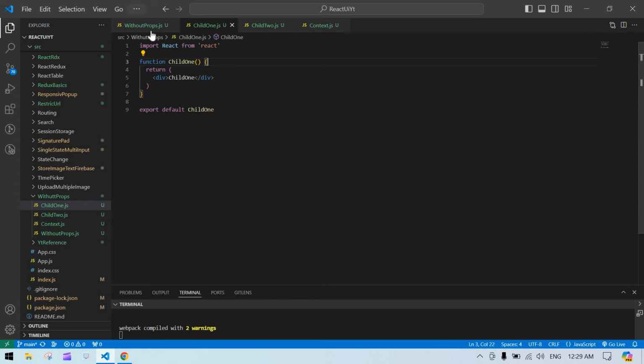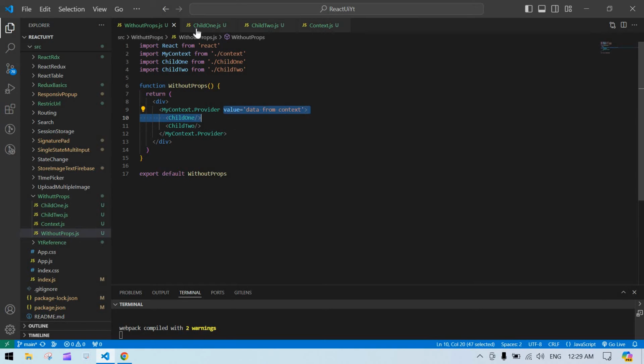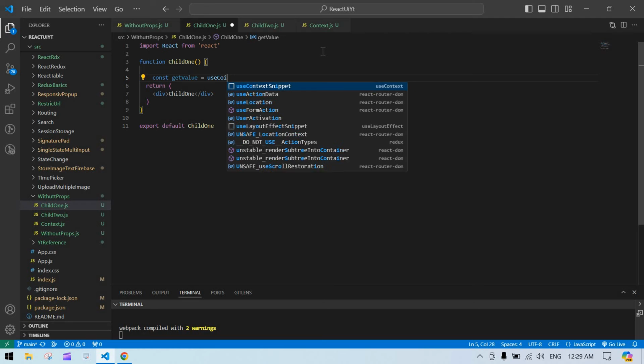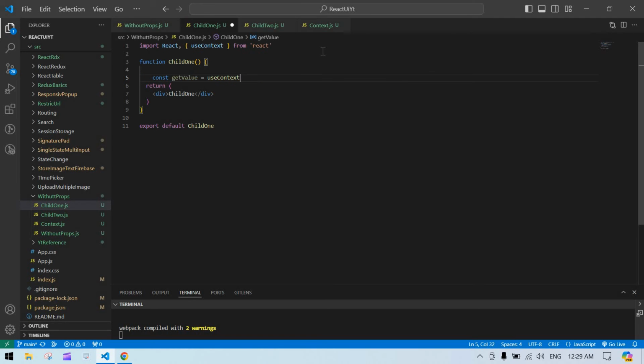So first I'm going to the child component. Here I'm going to access the context value. In this case I need useContext to get a value from the created context. So I need to first get the value. Here useContext is imported, and here we need to pass my context, because we are going to access a value from the my context. So first I'm going to console log this one